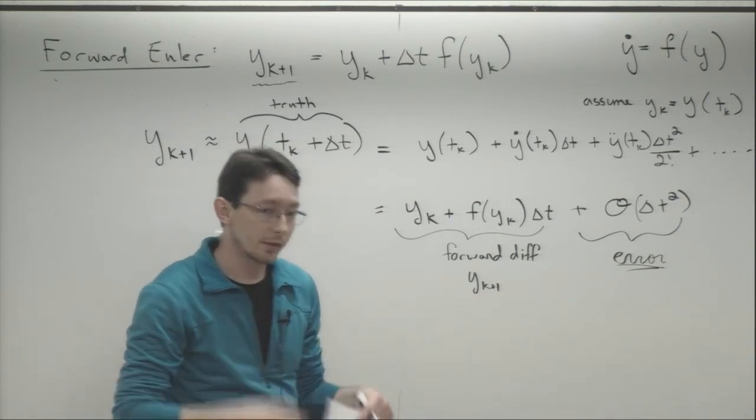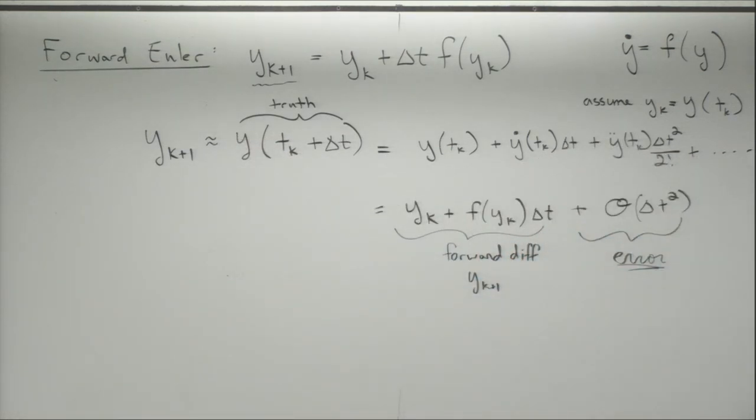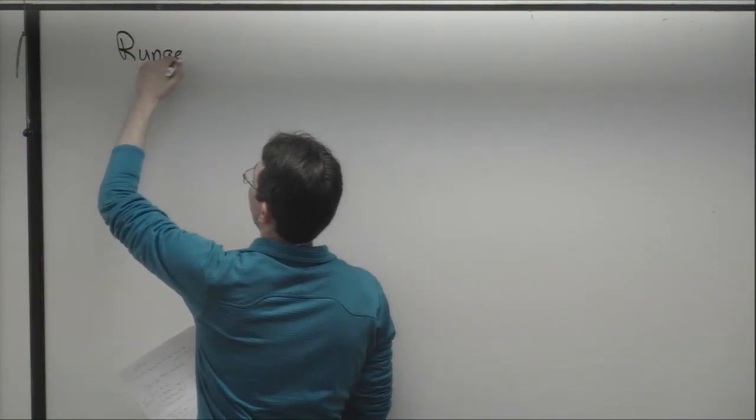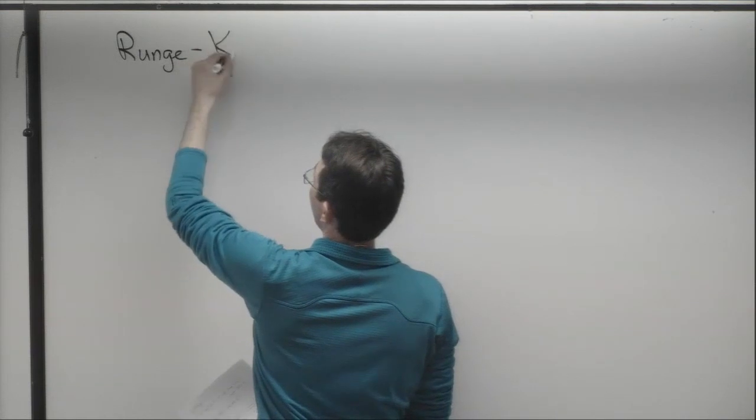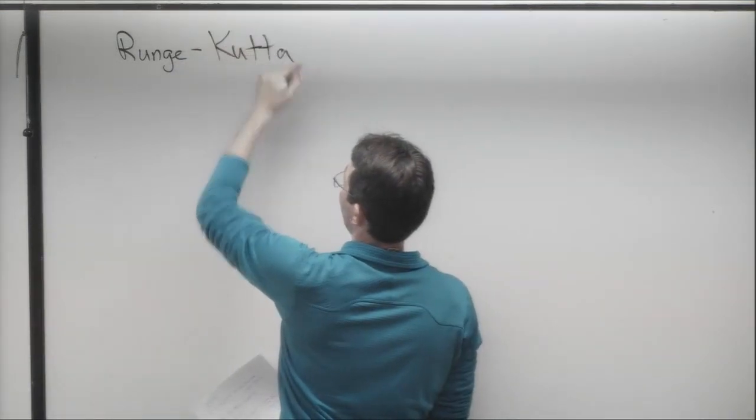Okay? If this was a numerical methods class, I'd give you an incredibly boring hour-long lecture on Runge-Kutta and deriving these constants. And I do this to my undergrads, and they hate it. And I should stop doing it, because I hate it too. But what I'm just going to tell you are the two most popular schemes that are built into MATLAB and give you a little bit of physical intuition about what they mean.